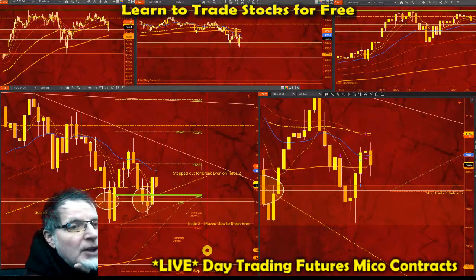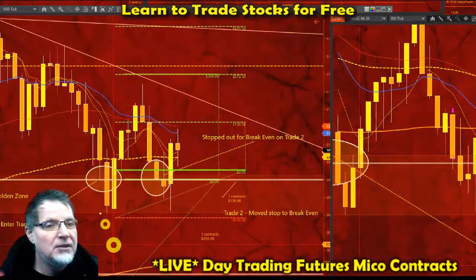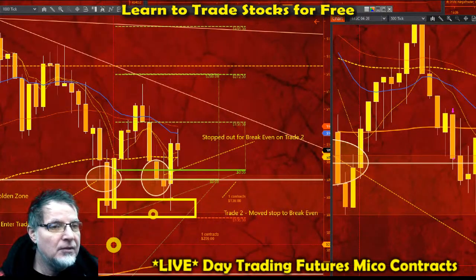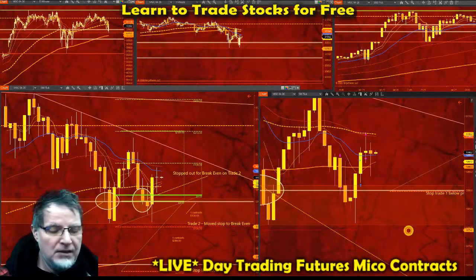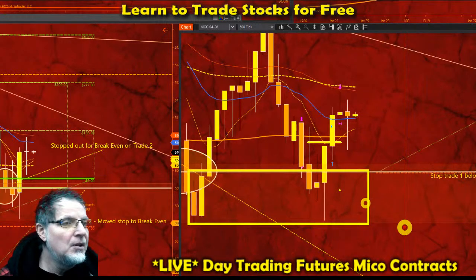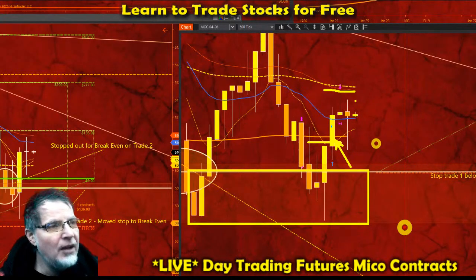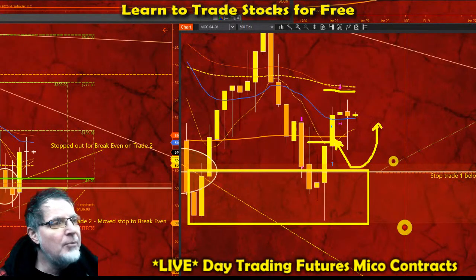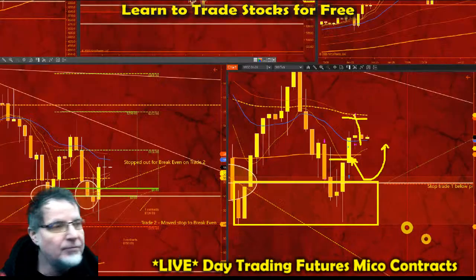Okay, so the second trade was stopped out for break even. I had 2 chances to get back in with scalping. The first one would have been successful down here at the pivot level. If I would have got in down here, I would have had 2 or 3 return. I didn't get that. But when I saw this candle close strong after coming into the golden zone, I decided to go long on this green candle here, and it went all the way up here, probably $40. I immediately put my stop on break even, and it came down and stopped me out.